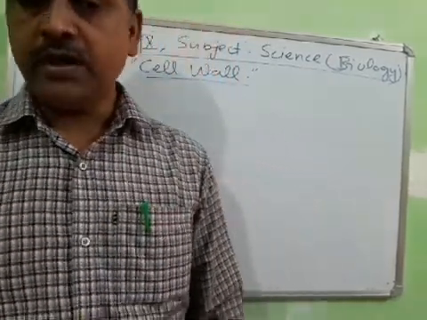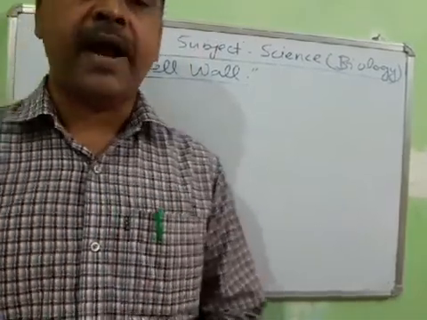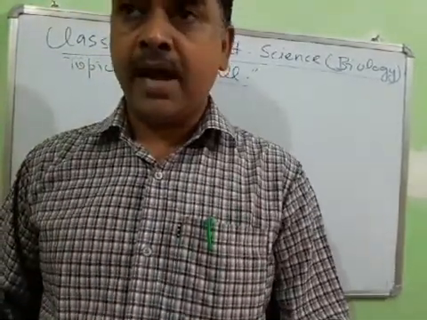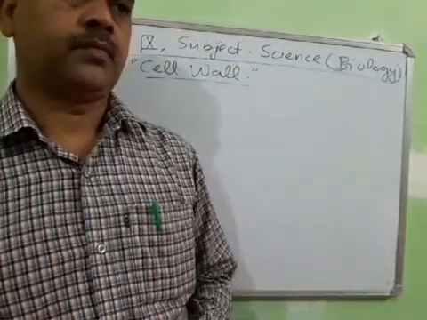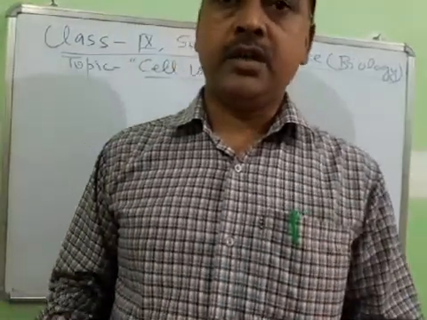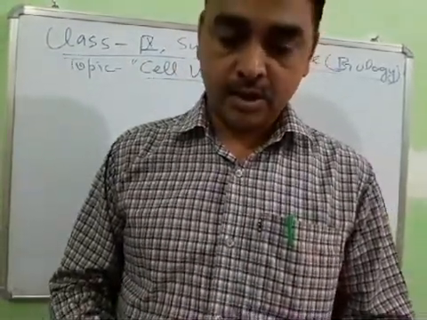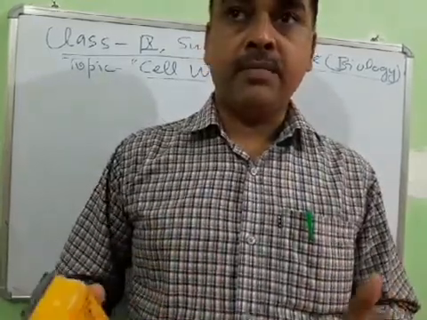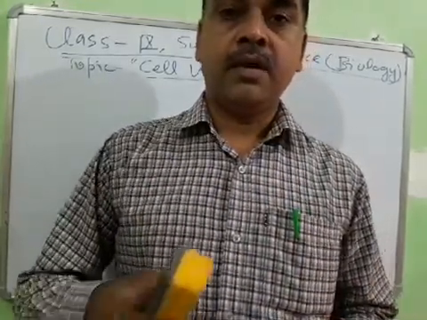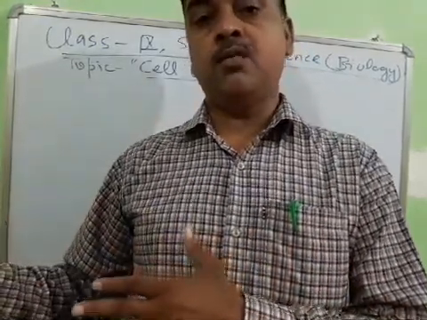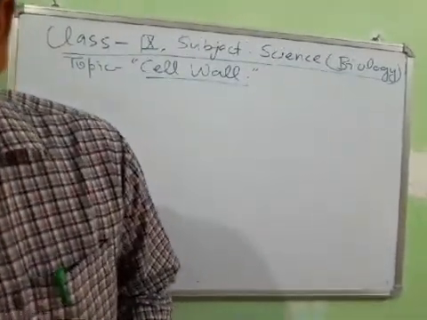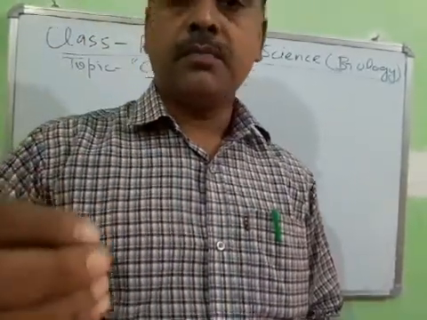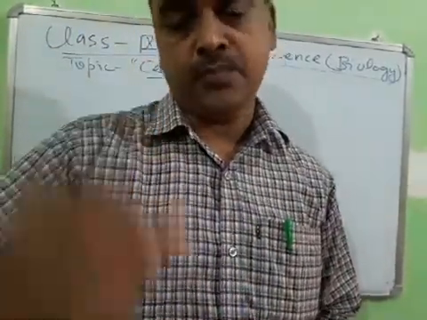Okay. So it provides rigidity to the plant, and also prevents pathogens and injury from entering inside the cell. It makes a barrier from the inside of the cell to the external environment. Okay students, now you can write down and learn some points. I will explain them point by point.